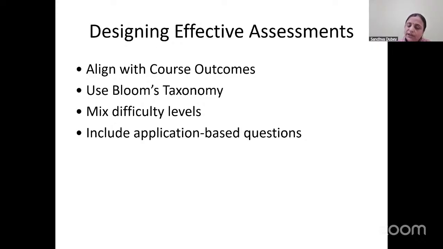You may concentrate only on application-based questions, but we need a minimum 40% of the question paper to include the lower levels of the Bloom taxonomy. Include the application-based questions as well. This will help you to differentiate between the slow learner and the fast learner, where they need to use their critical thinking to answer your question. It should not be that what we have explained in the class or what example we have taken in the class, the same thing should be replicated.